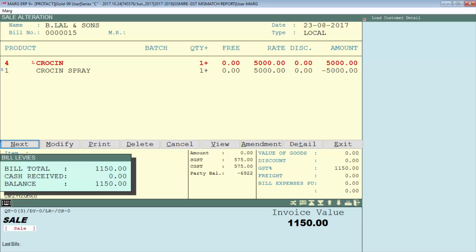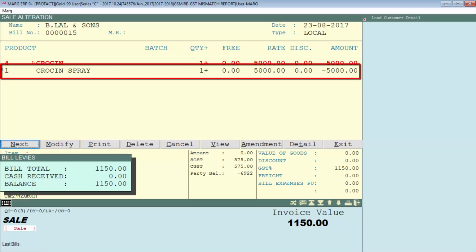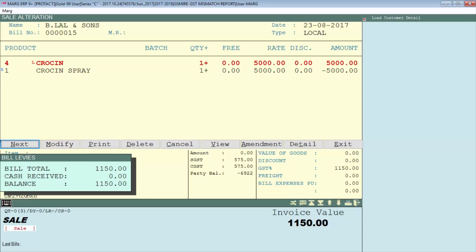But in the sale return entry which we had done against the bill number 0015, we had entered kerosene spray instead of kerosene, and the HSN codes of both the items are different. That's why the kerosene spray amount is showing in negative. In order to correct this, either you can delete the sale return entry or you can modify that item which you had taken by mistake.